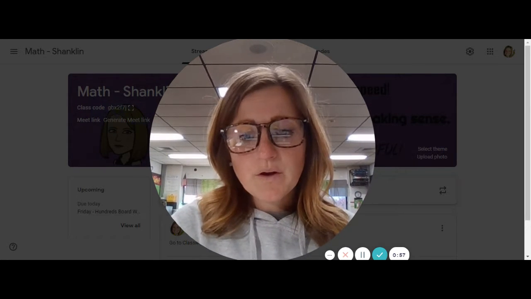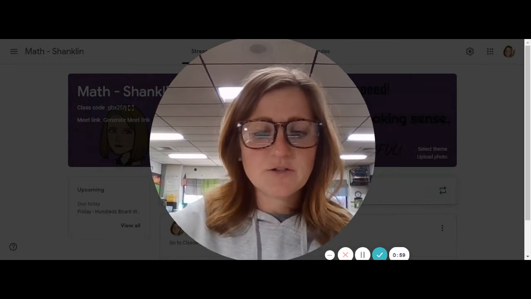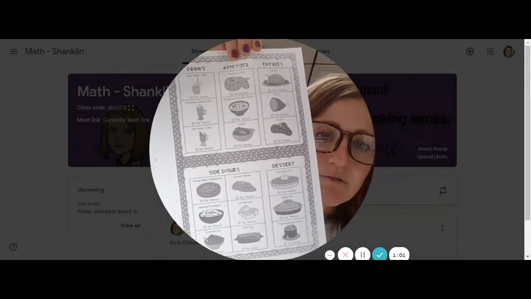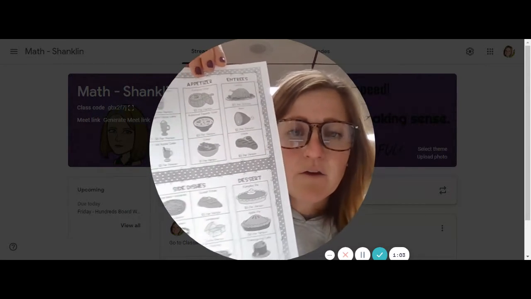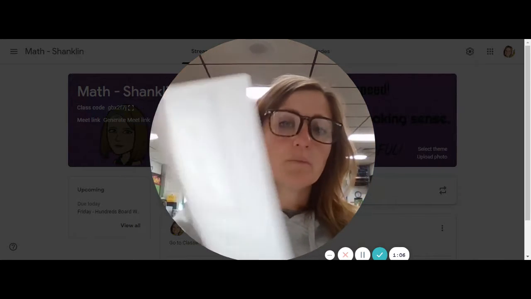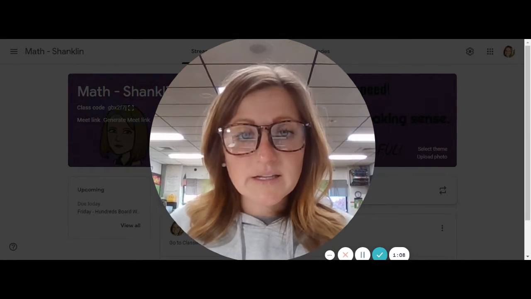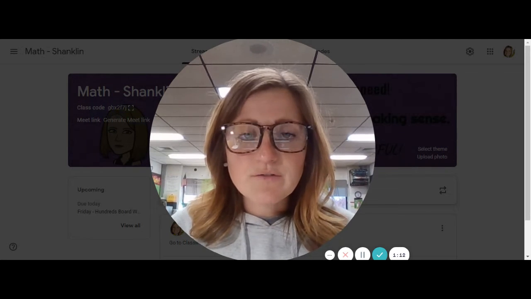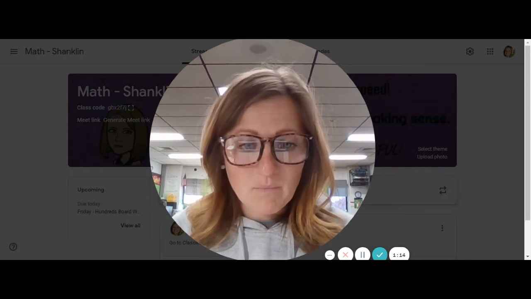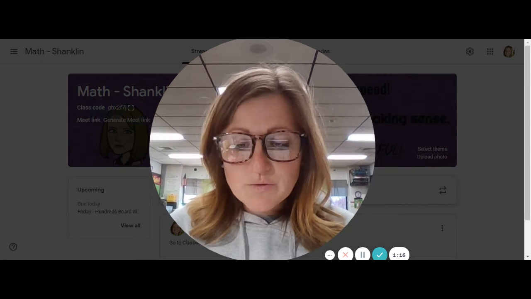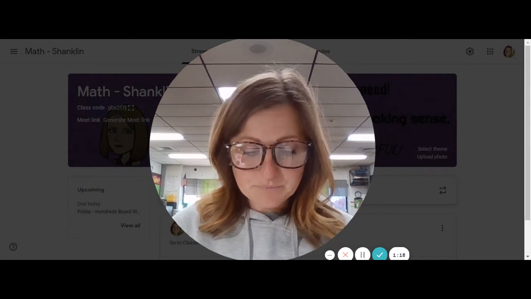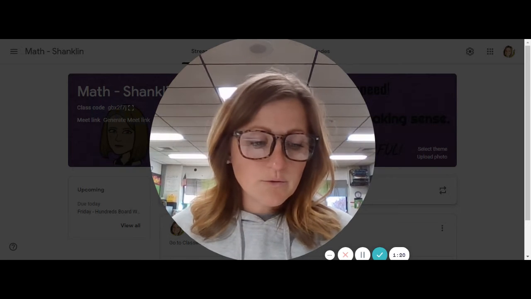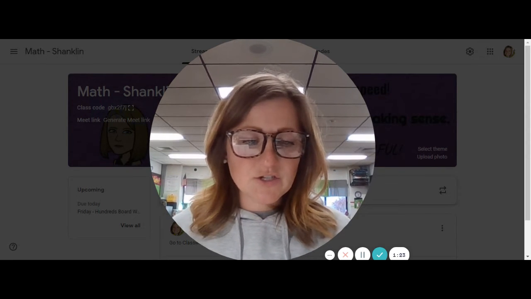Then you are going to find your menu page. Your menu page are the options of food that you can serve for your Thanksgiving meal that you're planning. What's important is to pay attention to how much each of the foods cost. You're going to be choosing foods for people, and if you look at your next sheet,